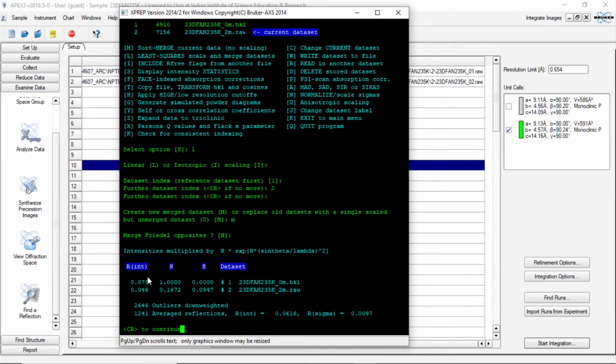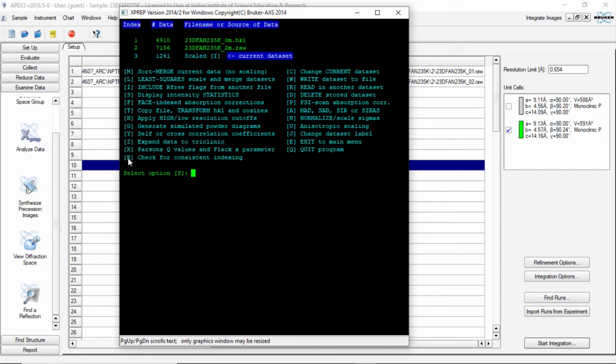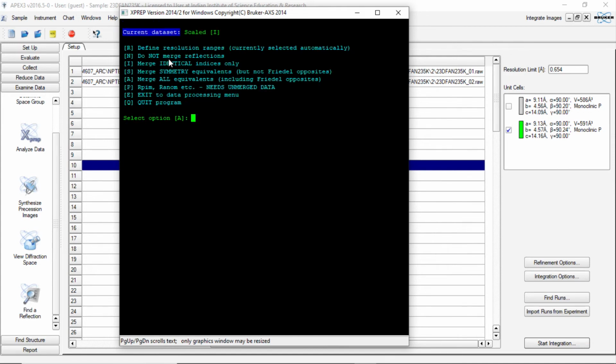So now what we see is that the two files which have RINT values of 0.75, 0.75 and 0.46 are going to be merged, and the overall RINT is going to be 0.616. So now I have a merged data with 1241 reflections. So now if I do an intensity statistics,